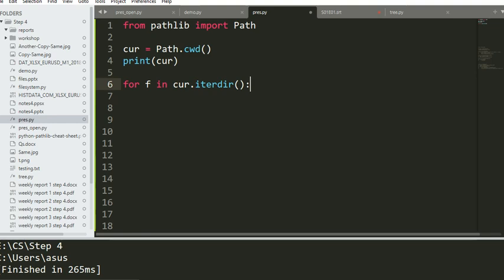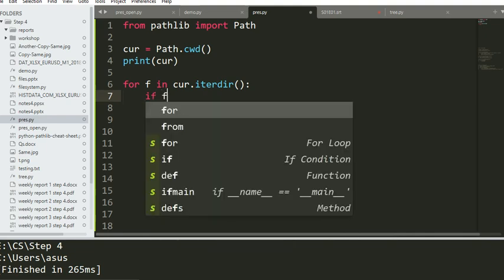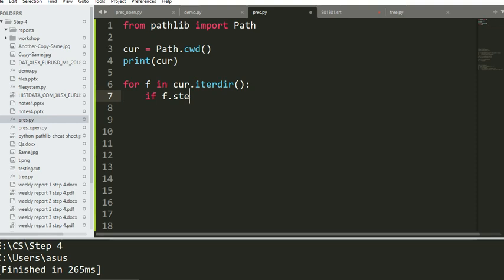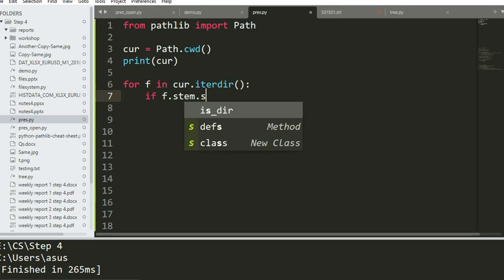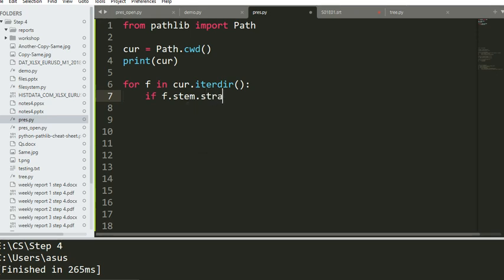Okay, it just iterates over any files and folders in the address that I specified. If f.stem, what does this stem do? It gives us the name without the extension. So this is a string, and we can manipulate it with string manipulation methods. Starts with